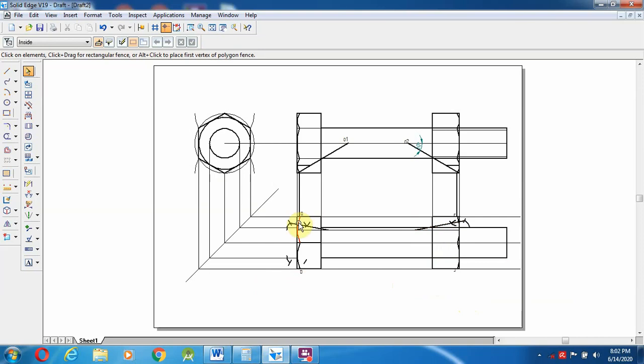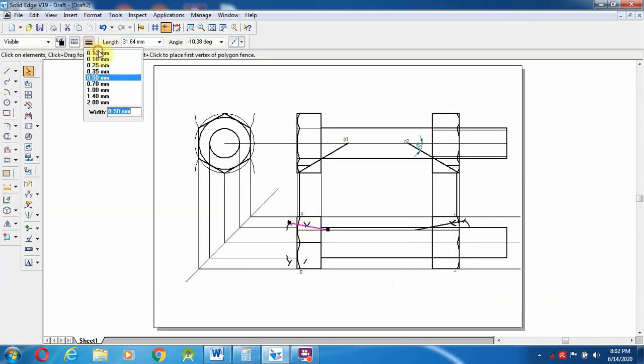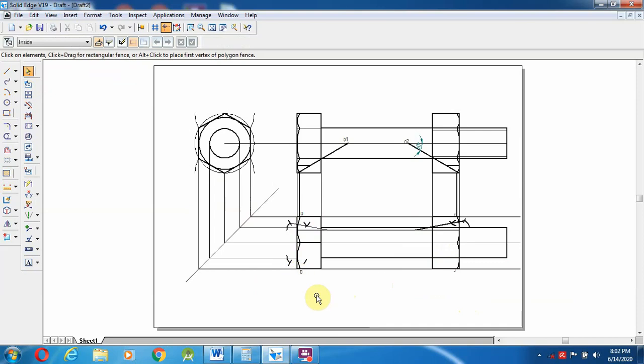So these lines I'm going to make a 0.13 mm line.